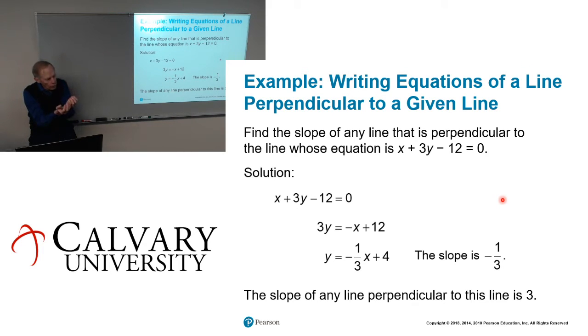They involve slope. So if you have an equation that looks like this at the beginning, we don't know what the slope is until we change it into the appropriate form. So take the x to the right-hand side, take the -12 to the right-hand side, gives you this. Divide by 3 on all of the terms,